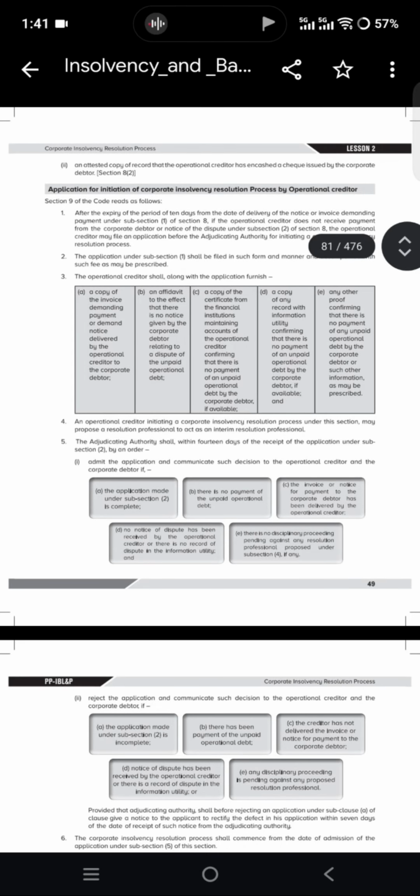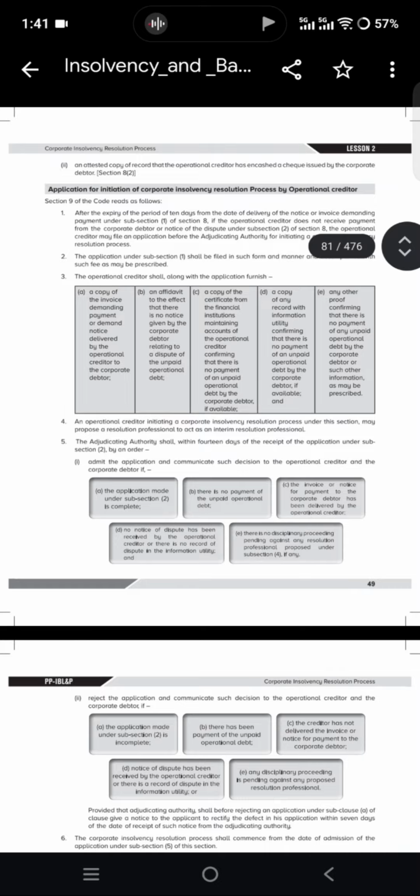of the code reads as: after the expiry of the period of 10 days from the date of delivery of the notice or invoice demanding payment under Section 8, if the operational creditor does not receive the payment from the corporate debtor or notice of the dispute, the operational creditor may file an application before the AA for initiating CIRP. So two things: payment also not given, notice of dispute also not given. So they can initiate. The application under subsection 1 shall be filed in such form and manner as prescribed, accompanied with